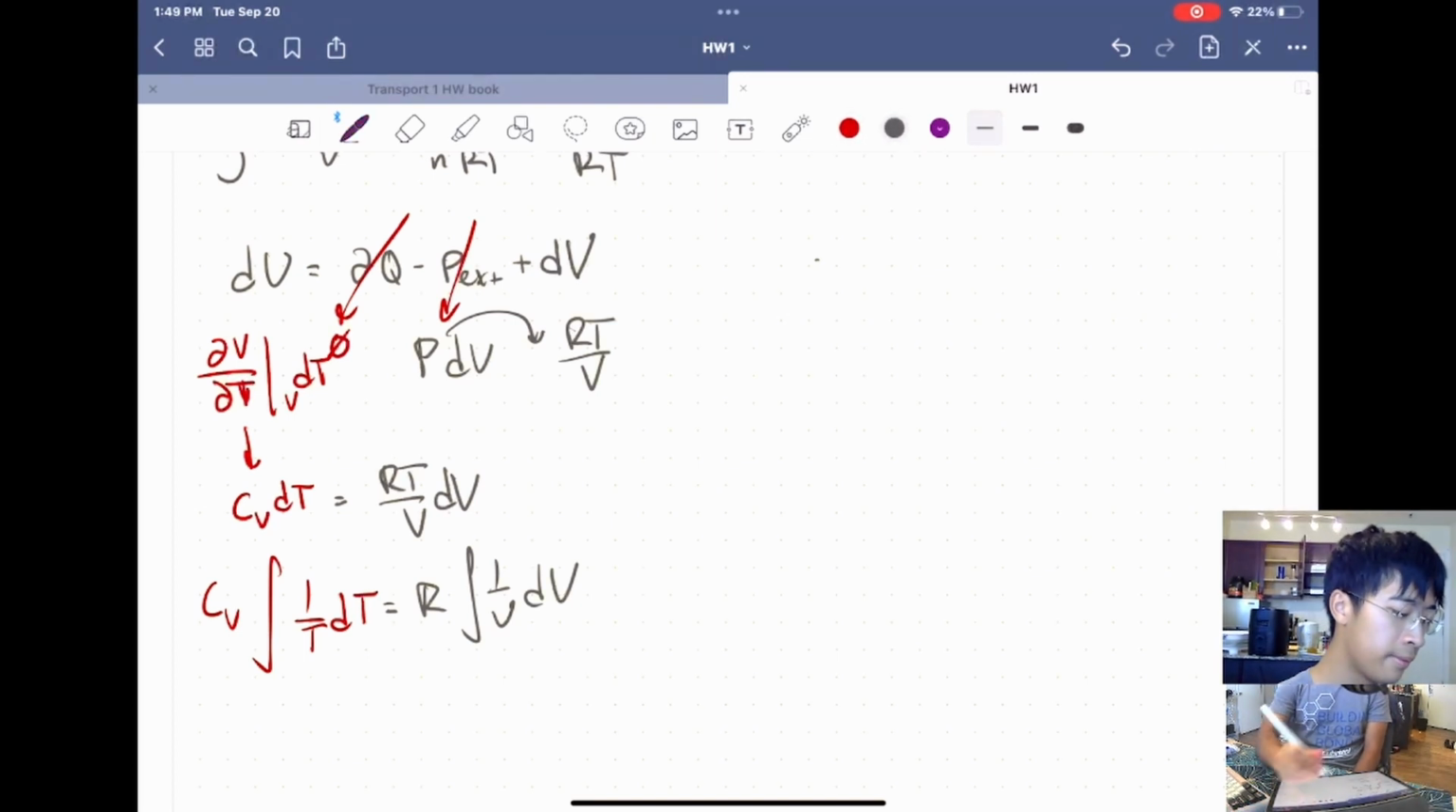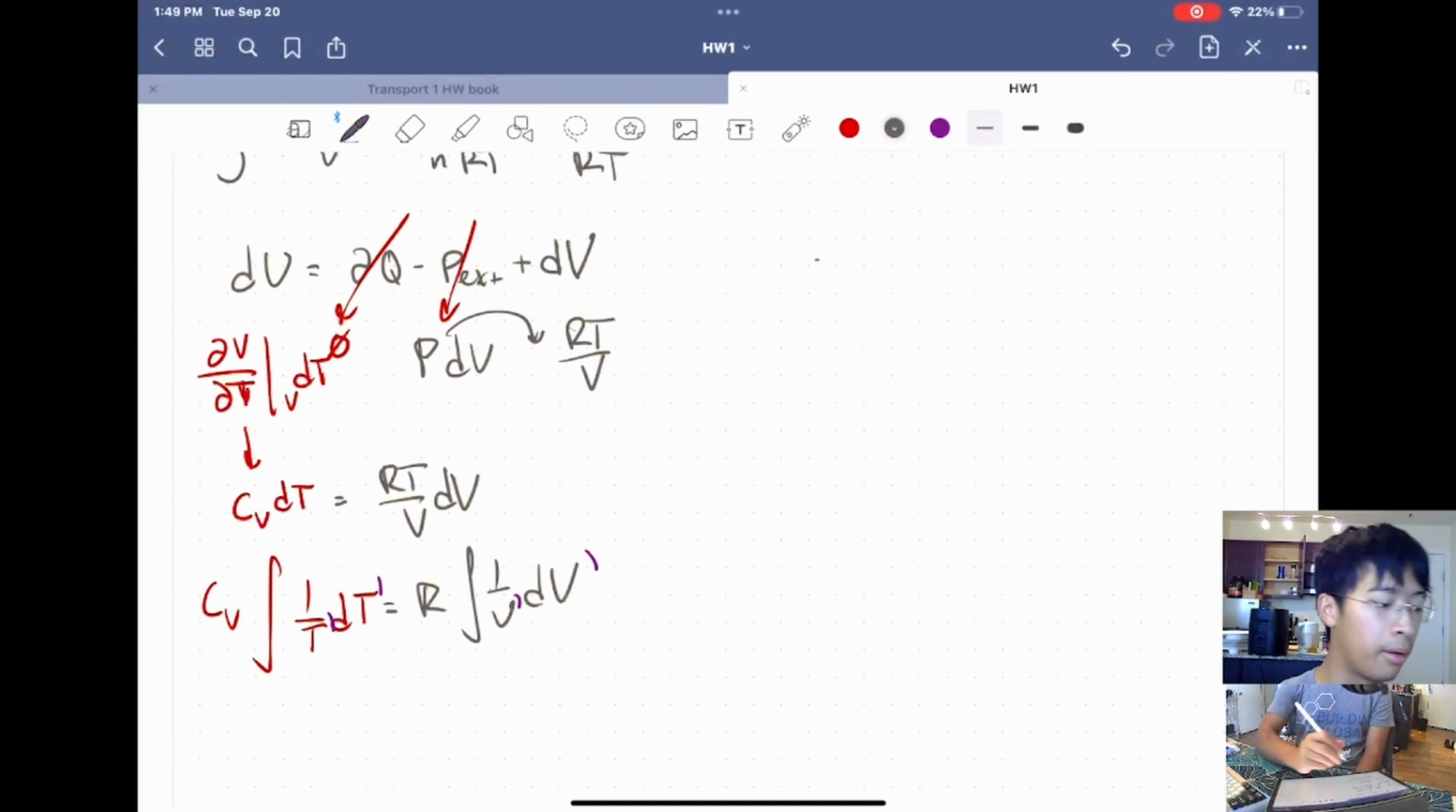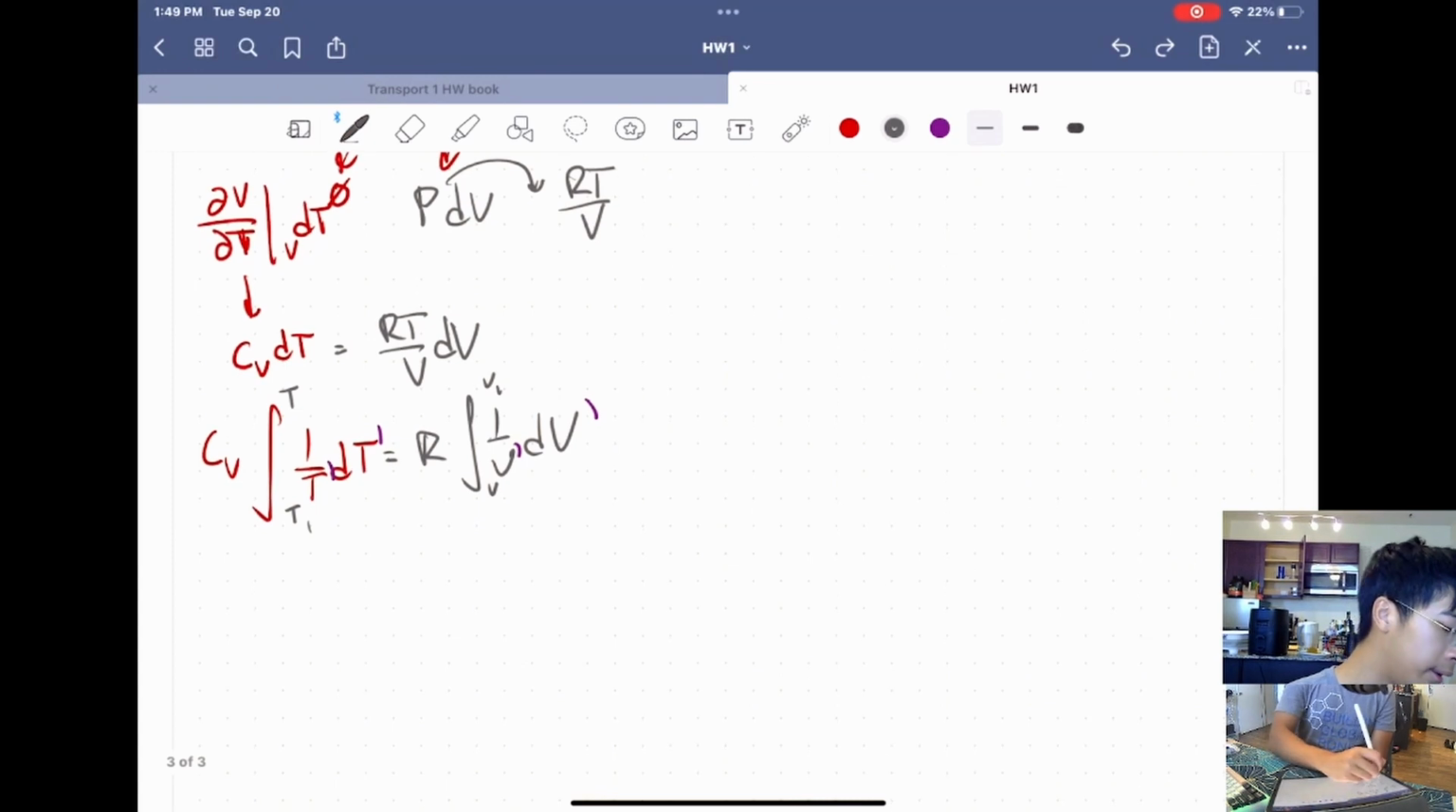Again, you'll know that these now become dummy variables of integration, because in order for this to work, we must know the temperature and volume of an initial point, and we're exploring the altitude and seeing what is the temperature and volume of another point relative to the initial point. So we actually know a temperature T1, and we're looking at a new temperature T. And again, same thing for volume. We know a volume, but we don't know what the other volume is. Okay? So then we go on and integrate this, and we get Cv